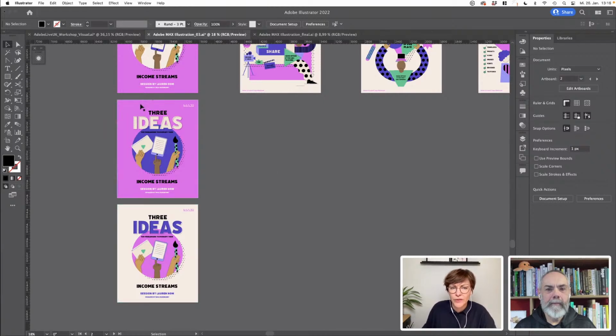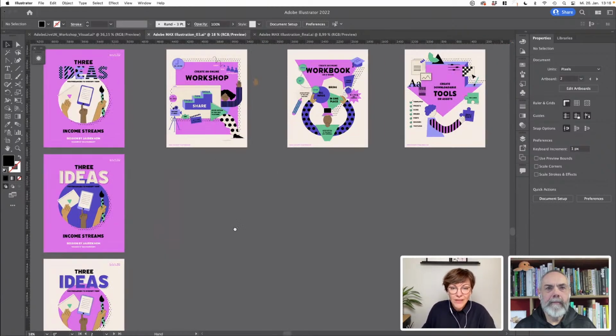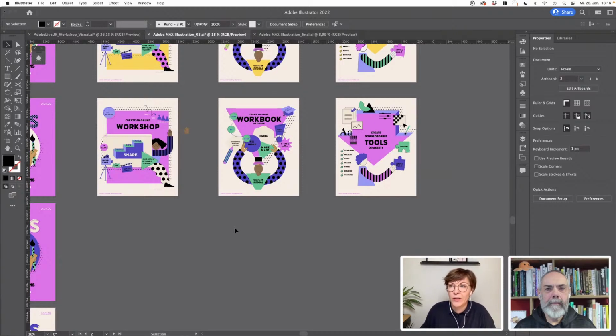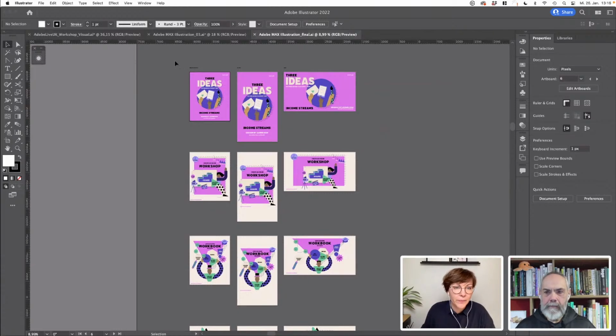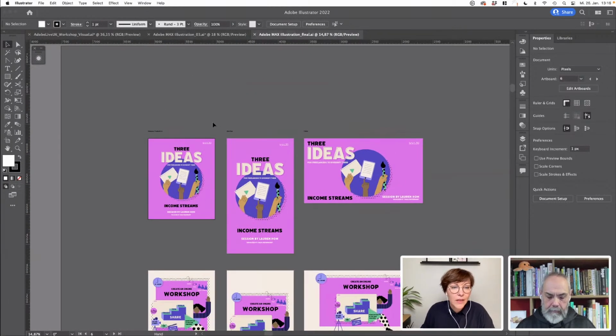So I think in the end we also went for this pink one, and these 3 ones. And here I open the final document. Here you can see the different formats. So this was in the end, when they were happy with the illustrations, I brought them onto the different formats